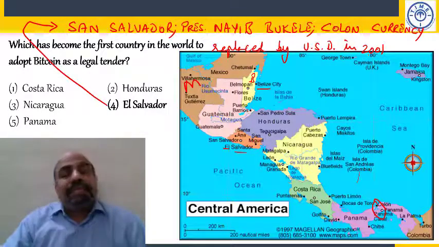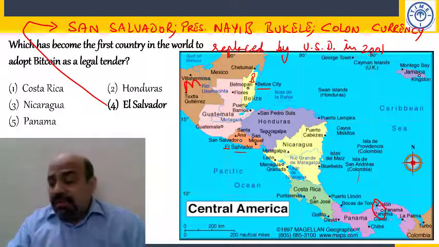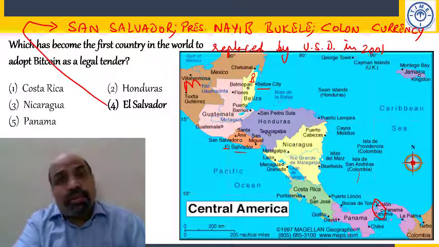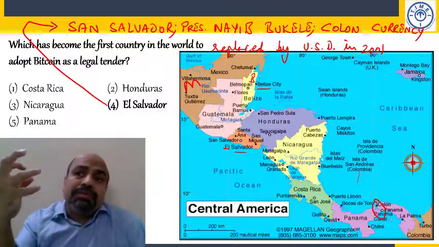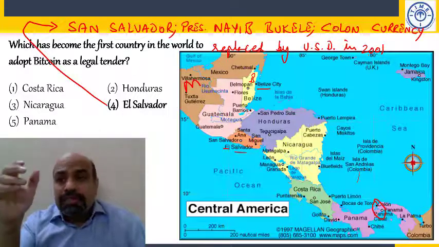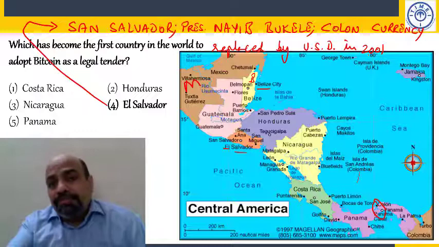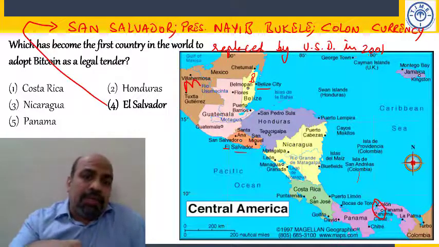From September this year, they are going to accept Bitcoin also. There is always a danger considering the value of Bitcoin, because it is quite volatile as of today, and it will continue to be volatile as long as it is at the whim and fancy of a few computers. You could say it is under the control of computers more than anything else.